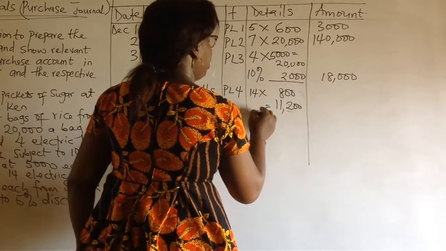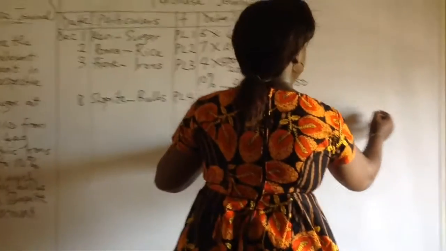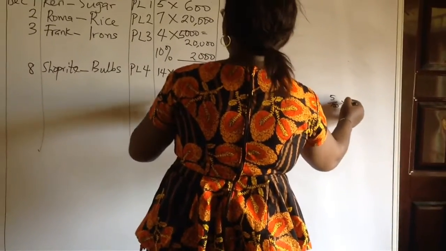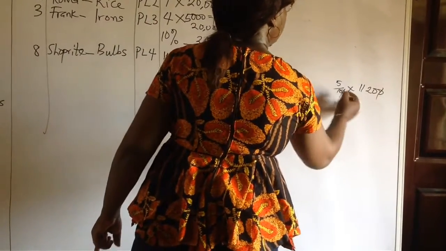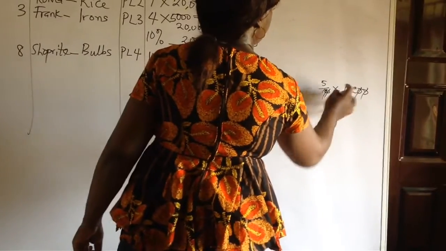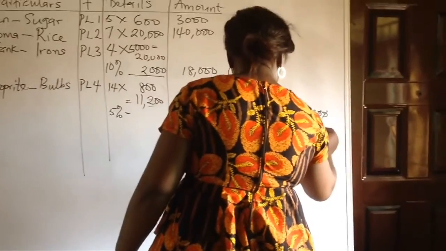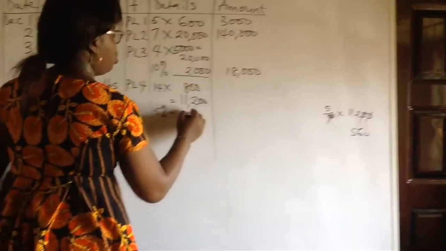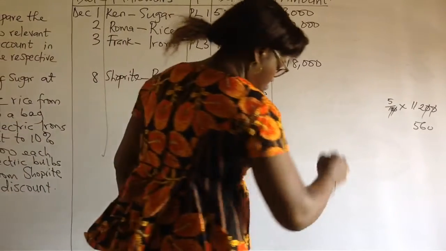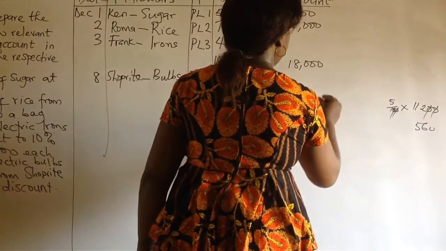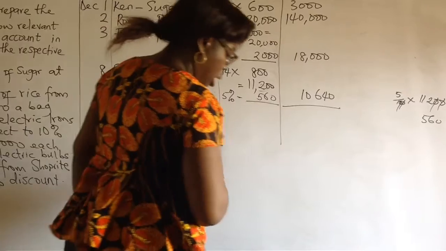And you have 5% discount. So you are going to calculate 5%, 5 over 100 times 11,200. This 0 takes this out, this one takes this out. So it's going to be 5 times 112, which will give you 560 naira. So here you have 560 naira. So when you take this away from this, you get 10,640 naira. So now we add all these together as usual, and we get